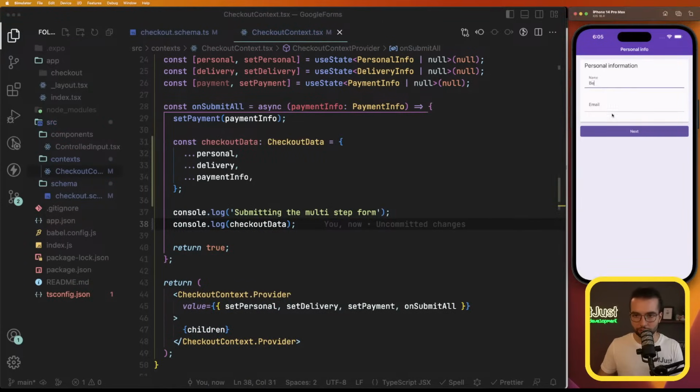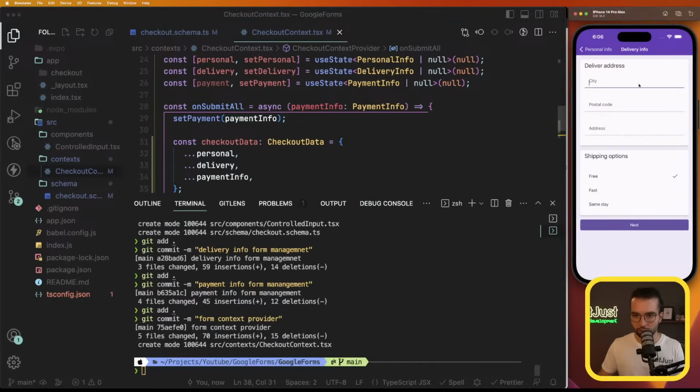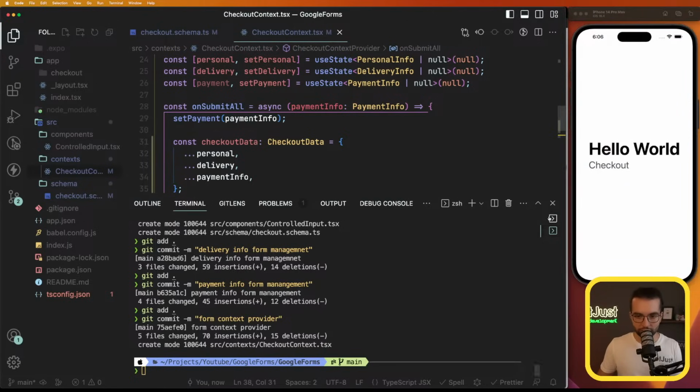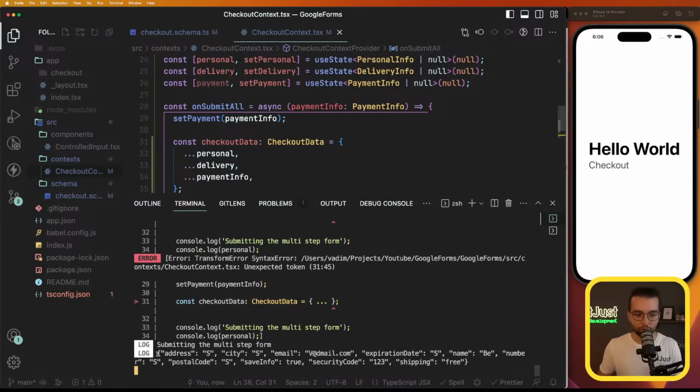Now if I'm gonna fill in this form, security code should be 3 digits. 1, 2, 3. Submit. If I'm gonna look in the console log, we see that all of the information that